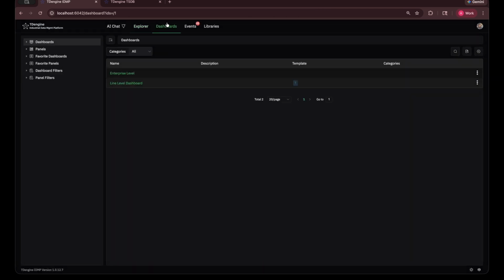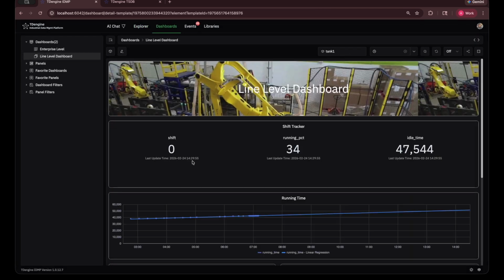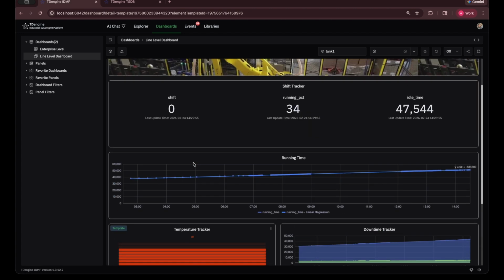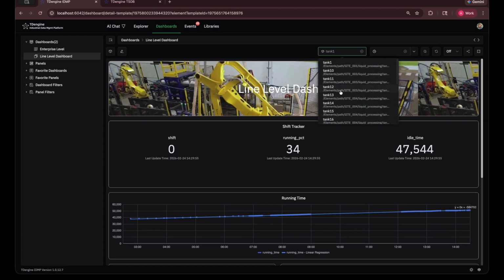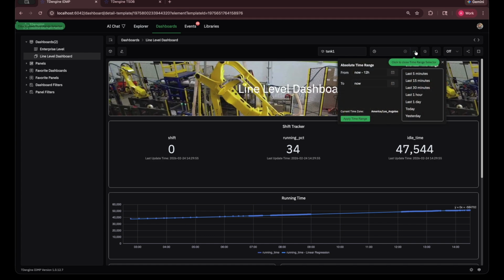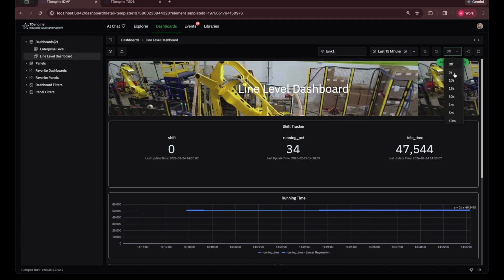Let's discard. Now we have two types of dashboards. This one is a templatized dashboard, meaning that it's given to a ton of different elements. So because I've templatized this dashboard, I can scroll through the different elements. I can pick a time sector range, and I can even have a refresh interval. The possibilities with this are really limitless, and your organization has never had more diversity in terms of how it